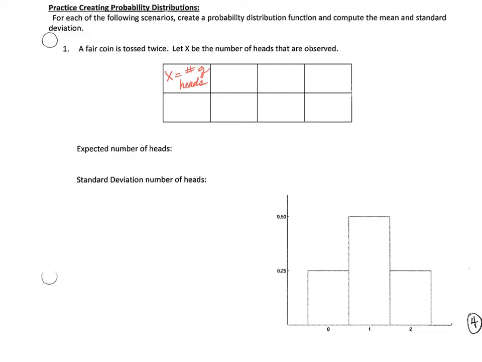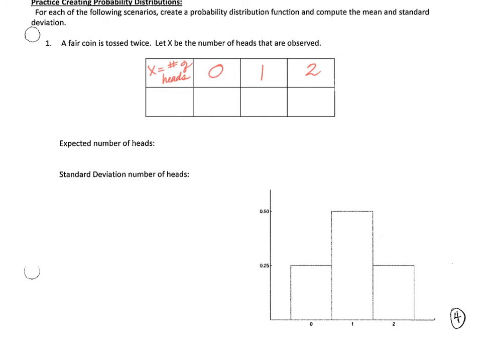What are the options when I flip my coin twice that I could end up with? How many heads? I could end up with 0, and I could also end up with 1. Yes. That's the possibilities that could happen. I could have 0 heads, 1 head, or 2 heads. Good. Now, I'm going to draw a very simple sample space of the possibilities. Here are all the possibilities. There's just 4 of them.